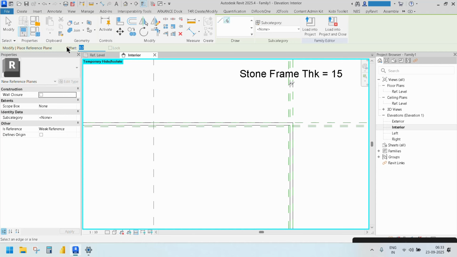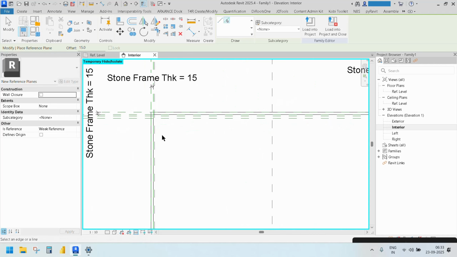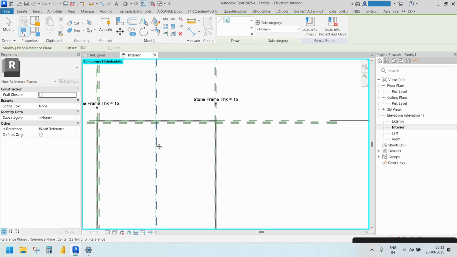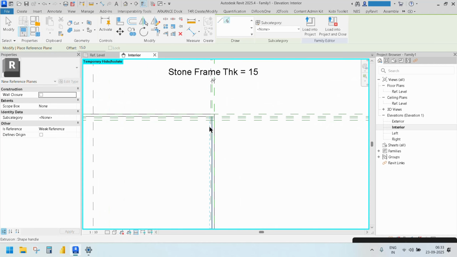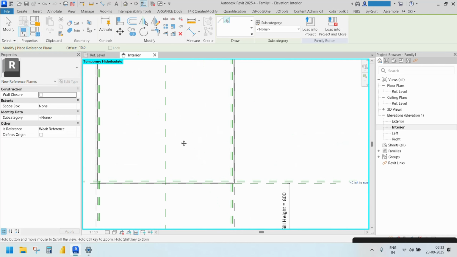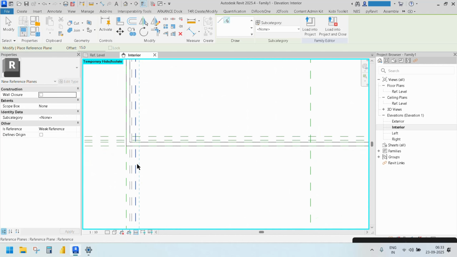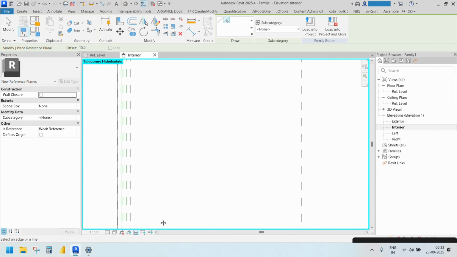Now take the offset as 15 mm. Again we will select this line, then this line, then this line, and then this line. Okay, again keep it 15 mm and draw the fifth reference plane like this